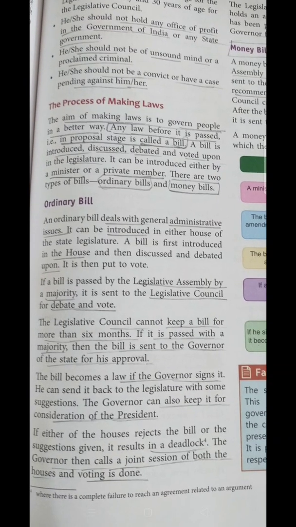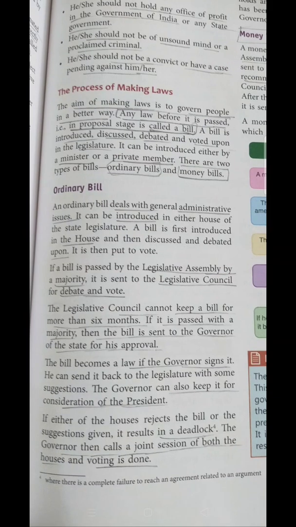Moving further, now we are going to understand the process of law making, how any law is made at the state level. So why do we make a law? We make law just for the betterment of the people, or for the smooth and better functioning of the country or a state. As we had already discussed, we are discussing the state, so the law making process is also going to be discussed at the state level.